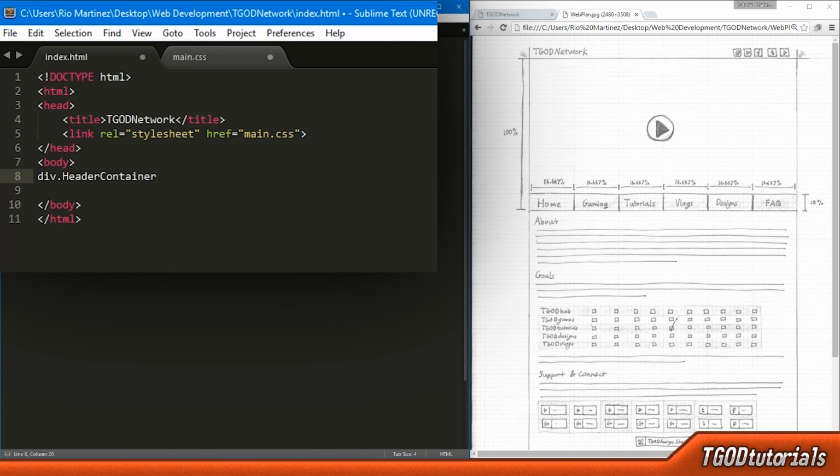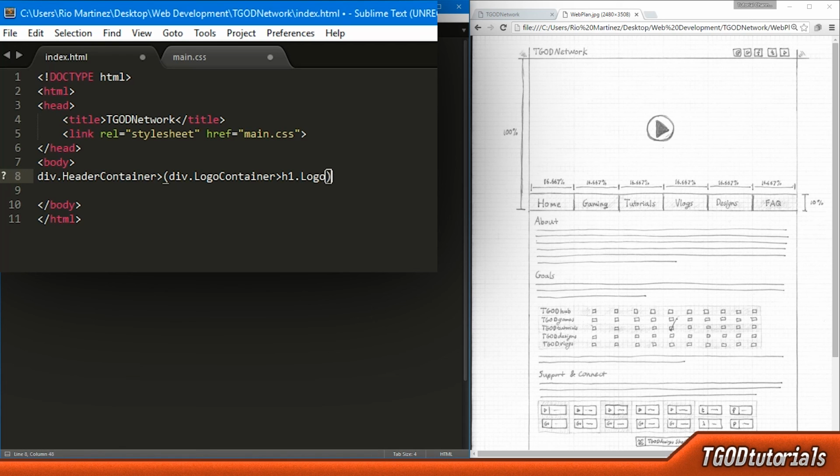And inside of that div, I'm going to put a series of things that are going to be grouped together, so I'm going to put them in parentheses. I'm going to put a logo. I'm going to have to declare what it is. So a div with the class of logo container, and inside of that div that has the class of logo container, I'm going to put in a header h1 with the class of logo,